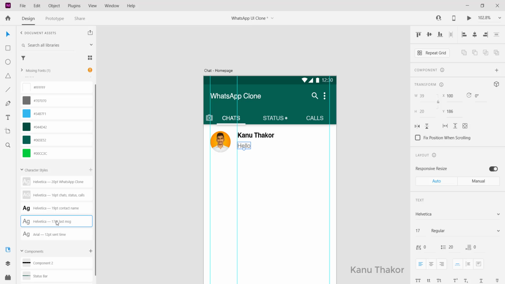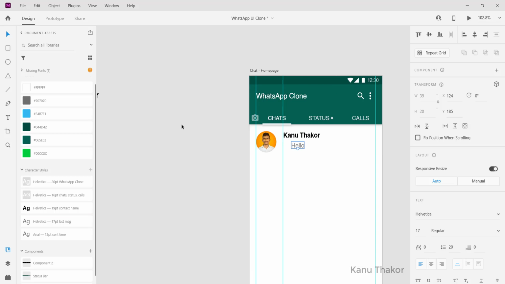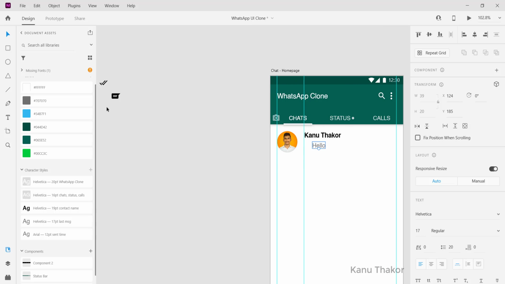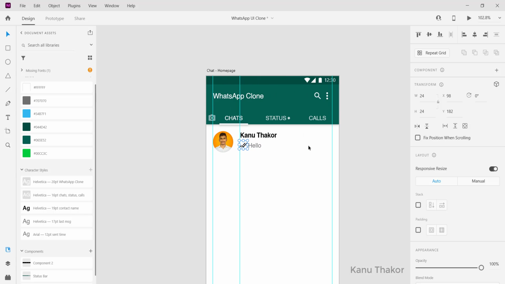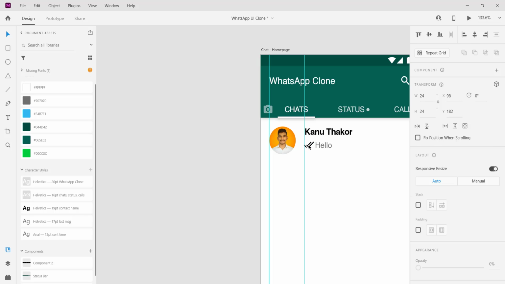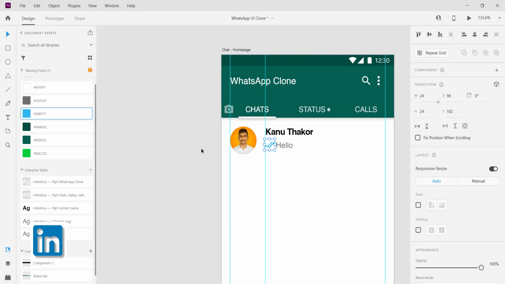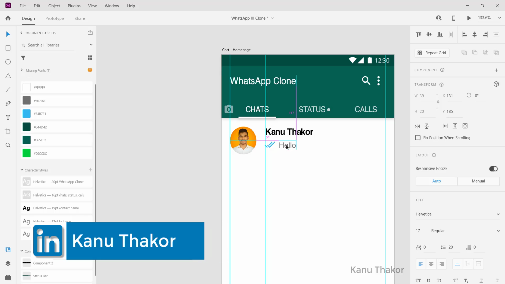Now I will apply the character styles to it, and after that we will add a double check icon which will notify the user that this message is seen by the receiver. Arrange it and then change the fill color to blue. And now we will do some quick alignments.